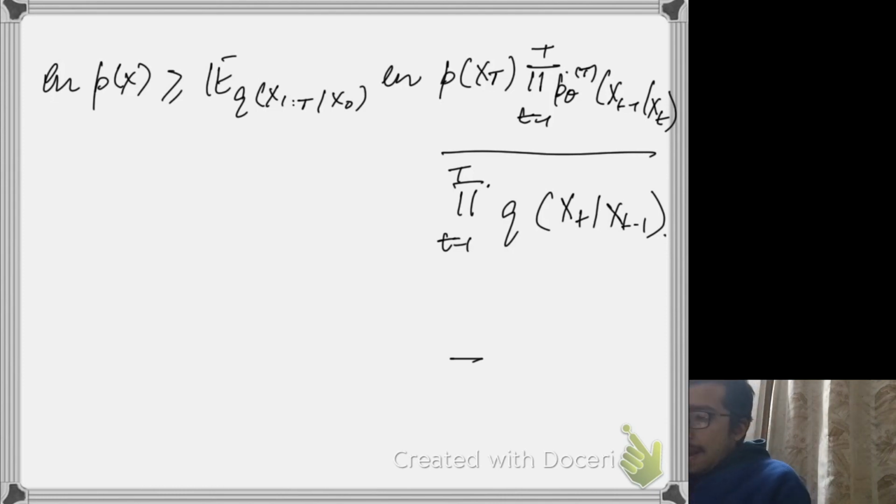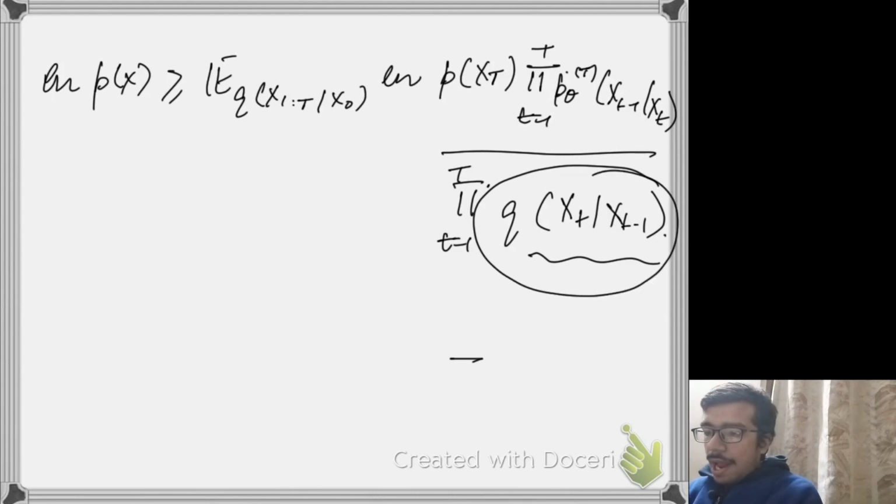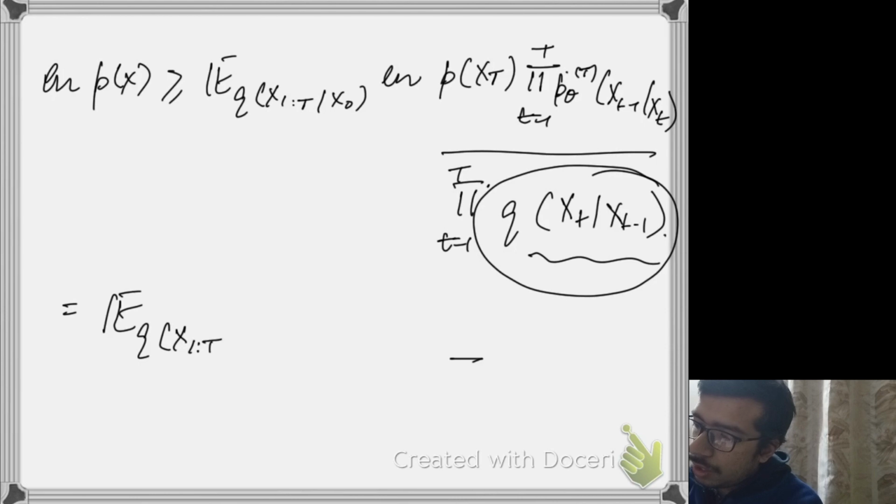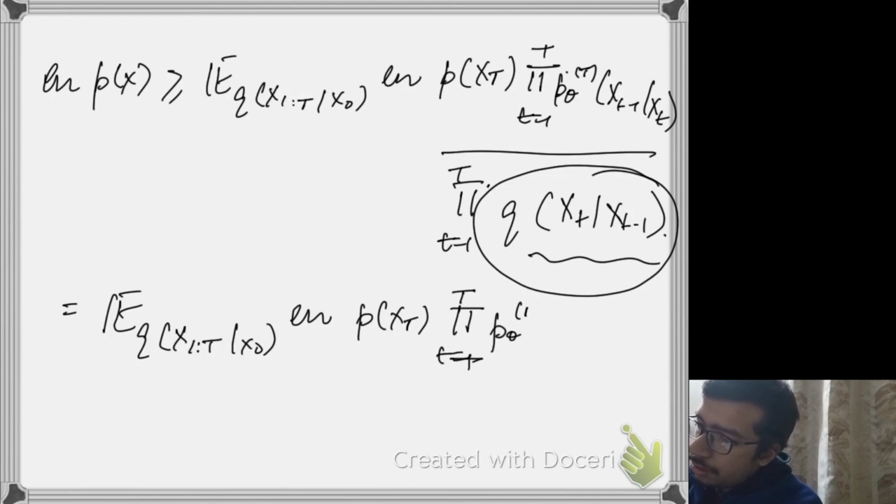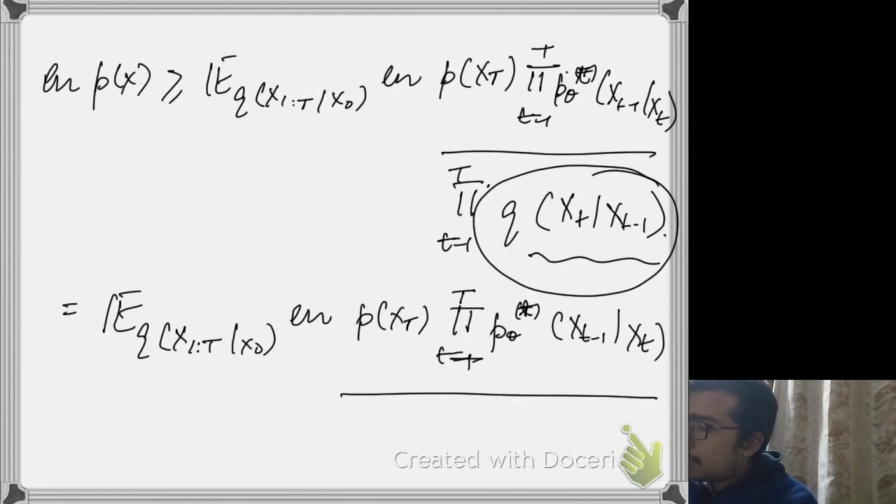Okay, and the idea is that if we take this term in the denominator, what I then try to do is apply Bayes rule here for all t greater than or equal to 2. So firstly I take out the x1 given x0 term from this expression. So I have the expectation over q of x1 to T given x0 of log of p(xT) times the product over t from 1 to capital T of p theta t, this is small t, x(t-1) given xt, over q of x1 given x0